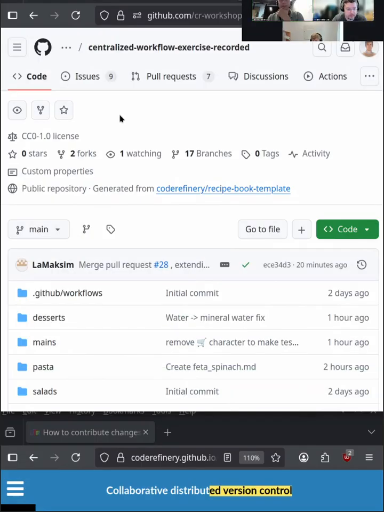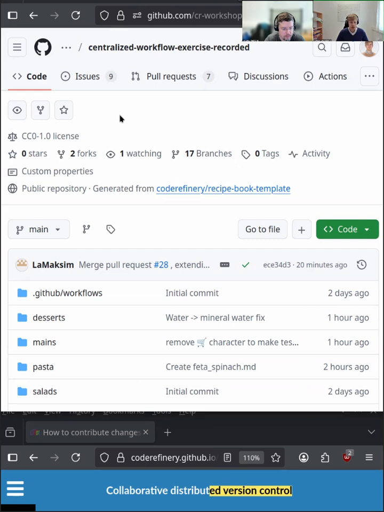Okay, welcome back everyone. I hope you had a nice lunch break. We are now in the last section of today's workshop. So we will now discuss how to work with repositories where you don't have access or write access to them, but we will now show how you can work with them. You can even contribute to them even if you're not part of the original organization that created the repository. You can be a complete outsider and still create pull requests, and we'll show you how to do that now.